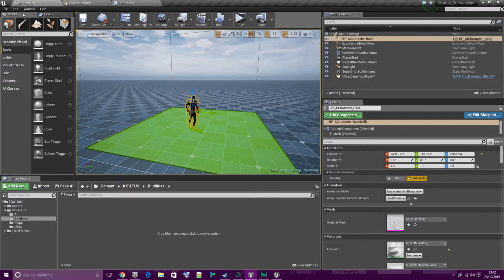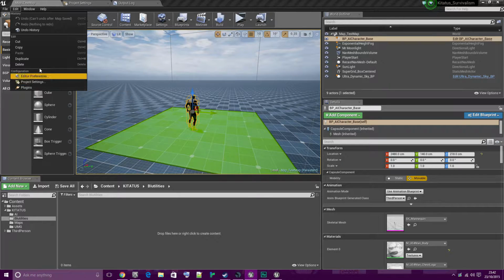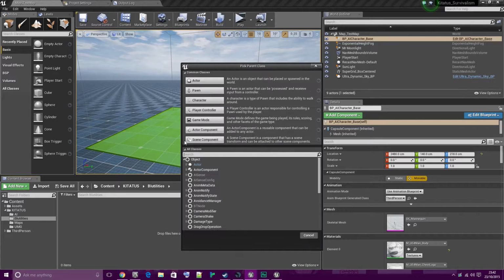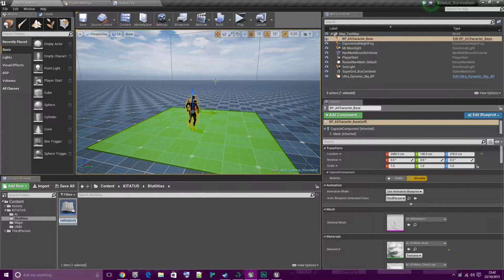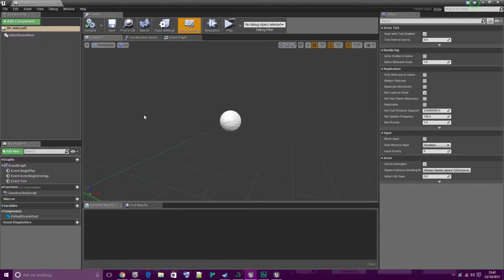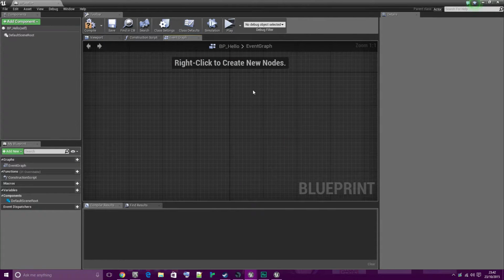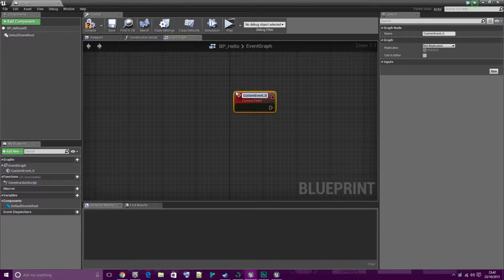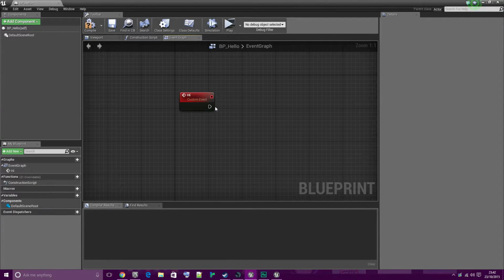Now, I'm not sure if in this current project I have Blutility selected. Basically, in every blueprint, you can create a Blutility as it is. You can fire it in the editor by doing this. Hang on. Let's just say BP hello. Very elegant. Very nice. Right, so you can just literally go custom event, and you can say hi, and then you can, I don't know, what should we do?